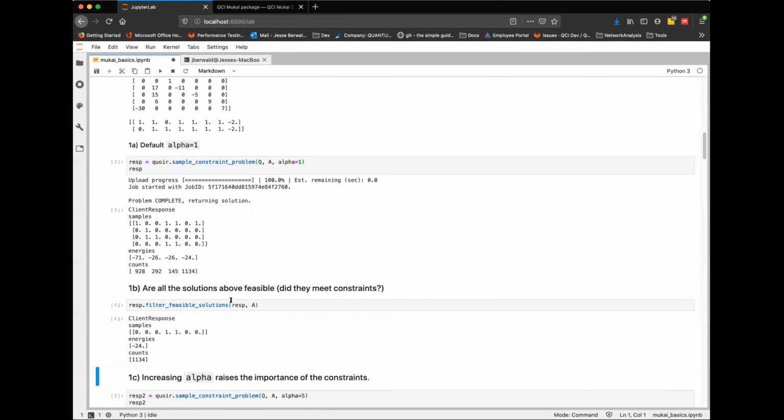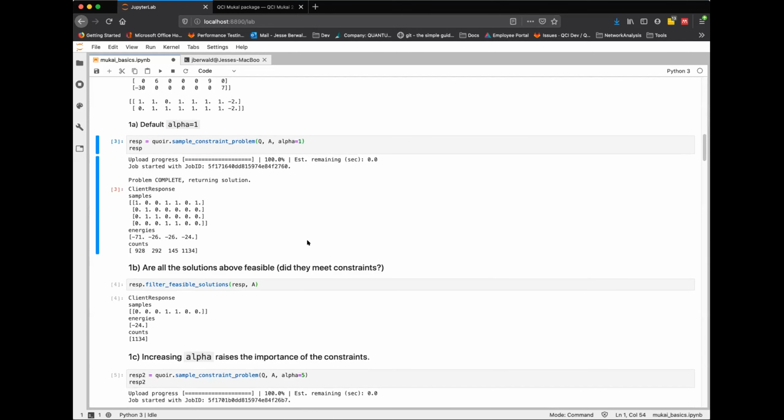take the response and ask, okay, so given our constraint matrix, were things satisfied? And in this case, the answer is no, not for all of them. And so we see that actually only the last one here actually satisfied constraints. And that's fine. That gives us, in this case, probably not the best solution we could find. It looks like there are other solutions maybe hidden in here.